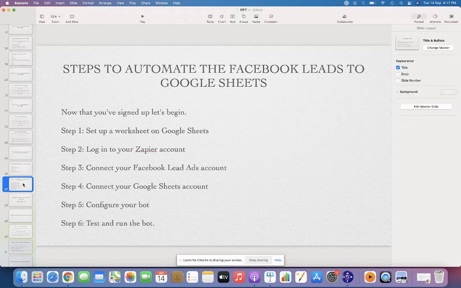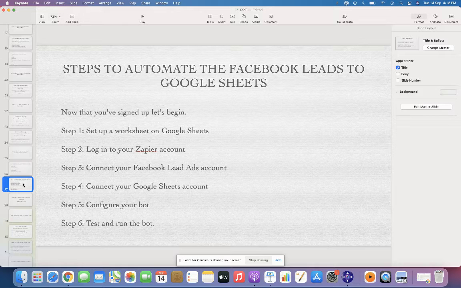So what you have to do is follow almost six steps to automate your Facebook leads to Google Sheets. The first step is you need to create a worksheet on your Google Sheet. Step two is you need to create an account in Zapier.